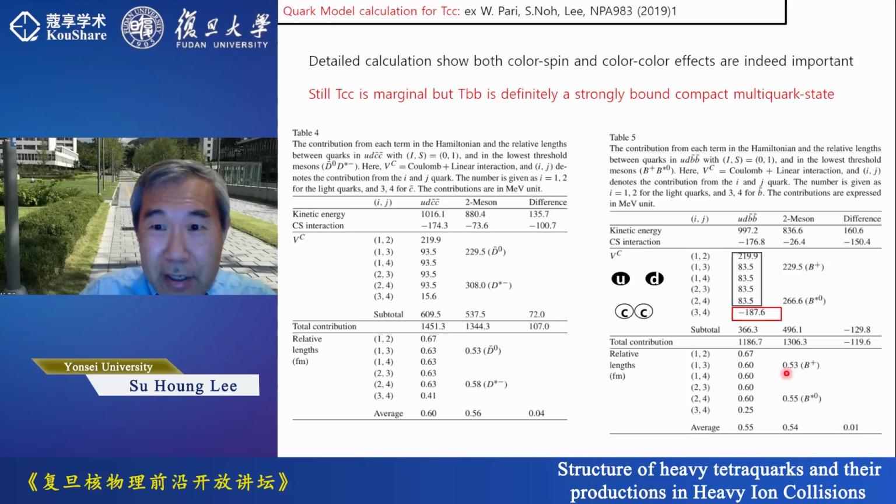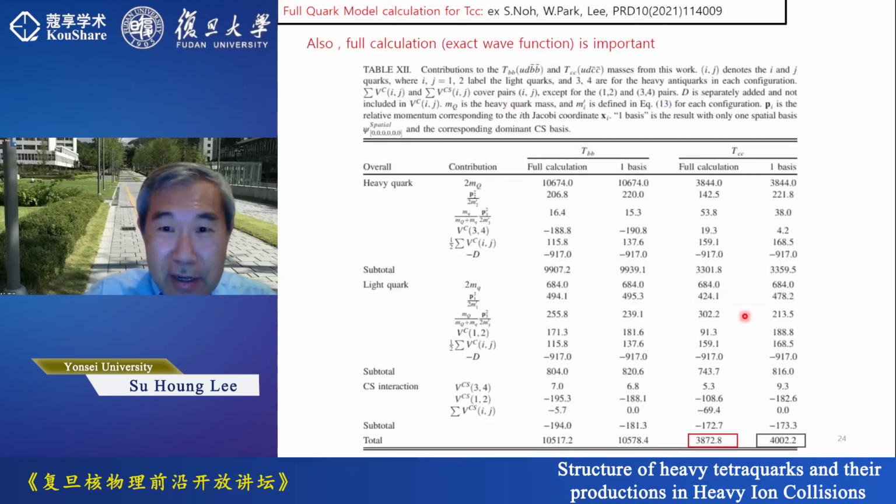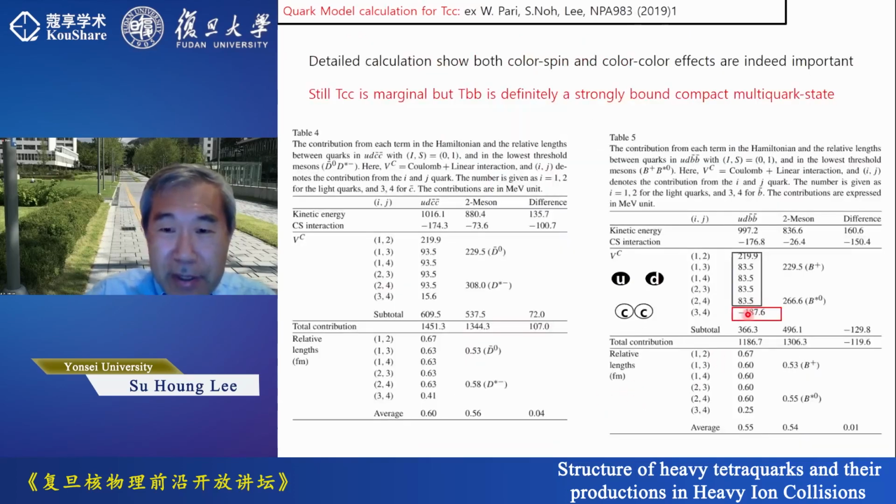And so therefore, indeed, this is smaller for charm quarks. So therefore, for heavy quarks, this color-color interaction gives you attractions, and also color spin attraction gives you attractions. So therefore, this is attractive,